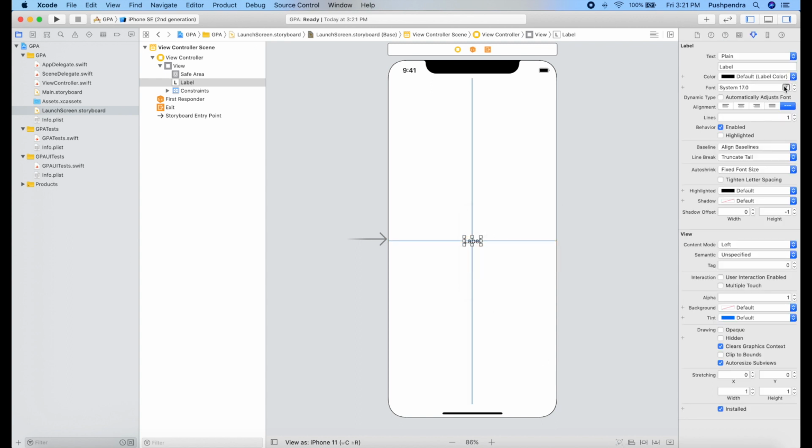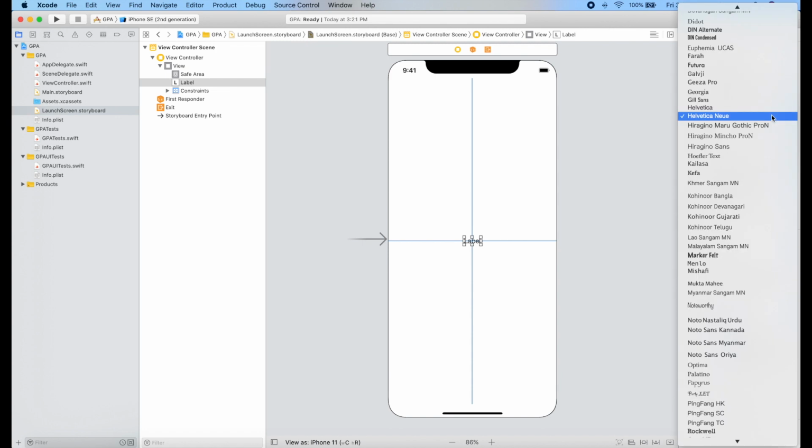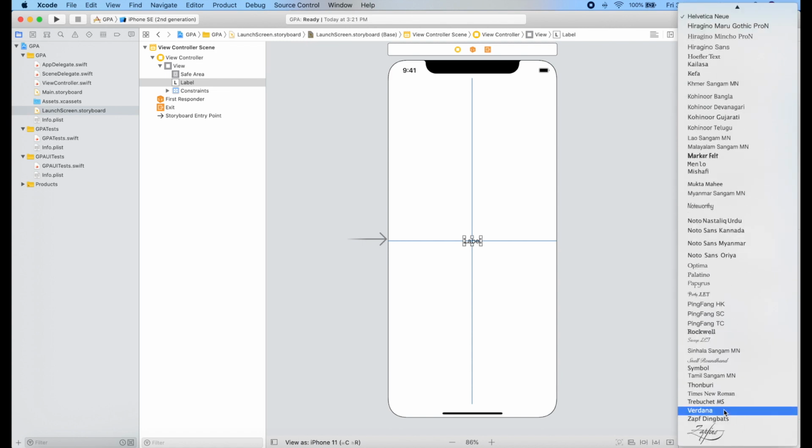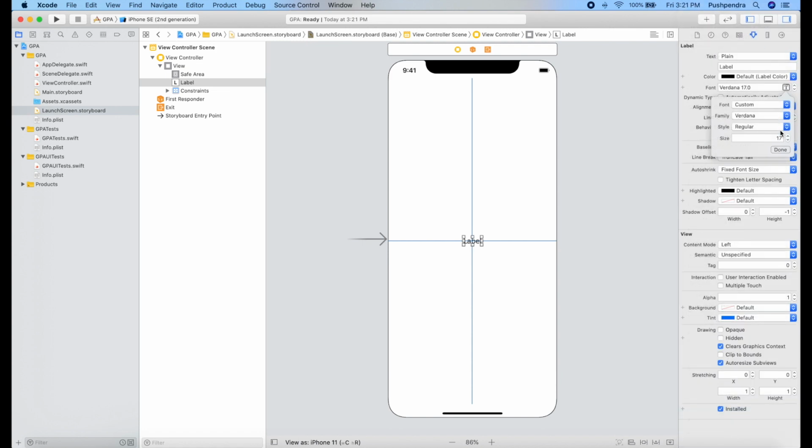Redraw it, and from the right side menu we can change the font style as well. For this tutorial I am taking Verdana, and here you can choose bold, regular, or whatever it is, and even you can increase the size. I am increasing the size.